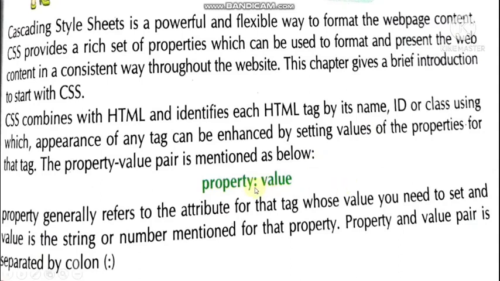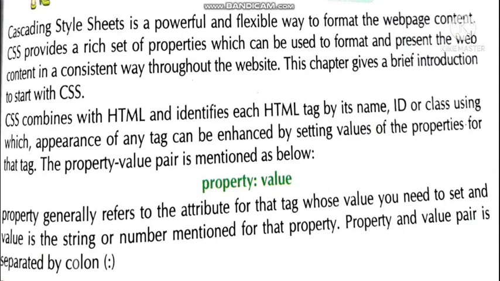Just after that you will put a colon sign and the value will be given like red, green, blue, whatever you want. So this property colon value will be used for providing the presentation or the display for a particular tag on the web page.